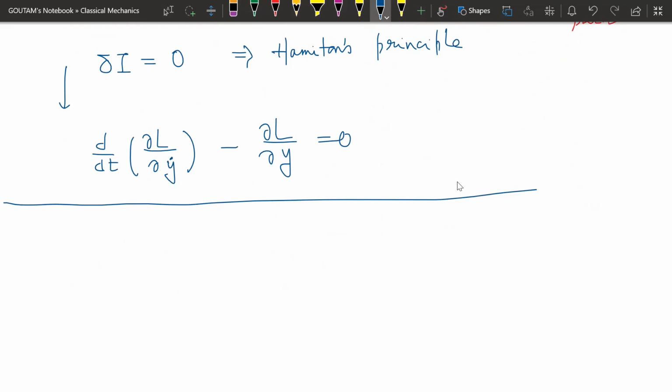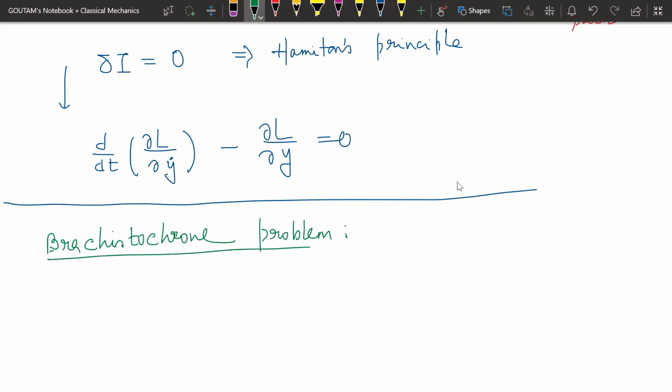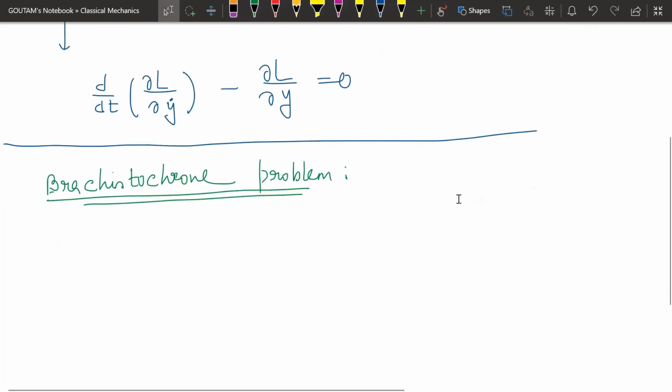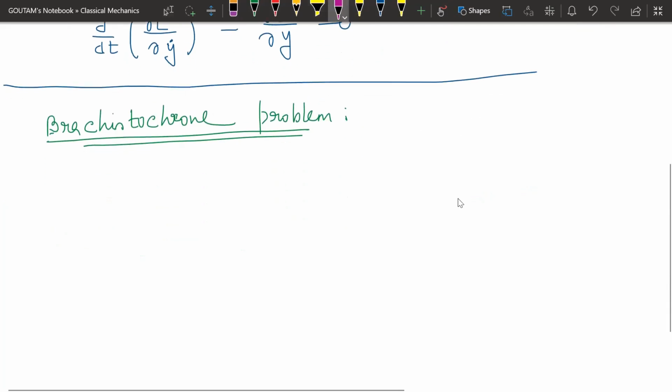Today we will do a very interesting problem, which is called the Brachistochrone problem. First of all, let's define the problem. The problem statement is,